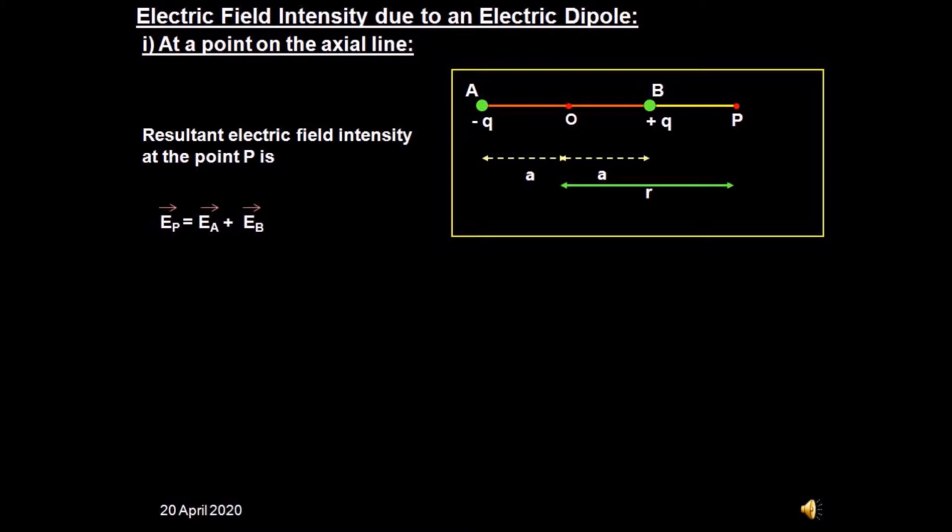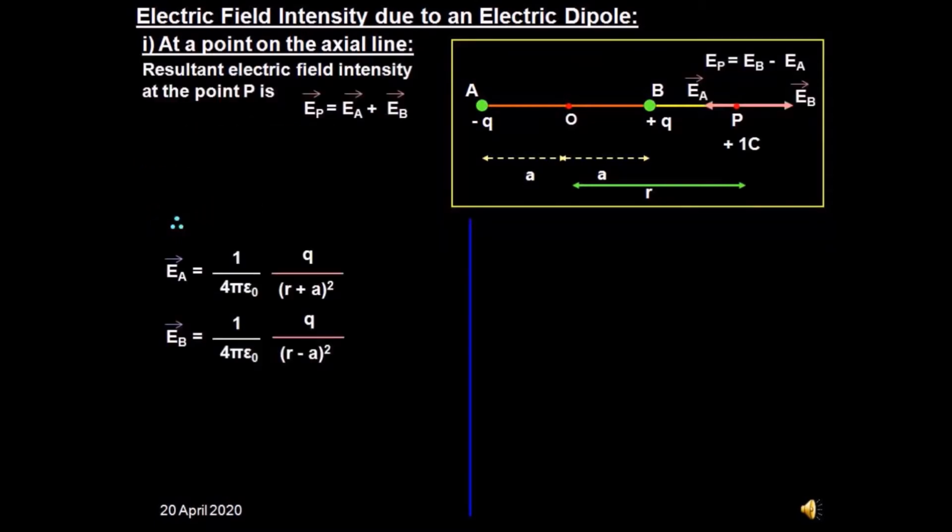When we consider our first charge at A, we will forget about the charge at B, and when we consider the second charge at point B, we will forget about the charge at A. This way our target will be to find the direction and magnitude due to both the charges and to find the net electric field according to vector rules. So let us begin finding the electric fields due to both the charges individually.